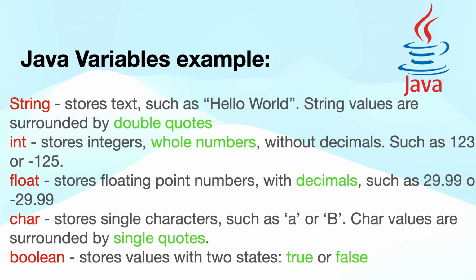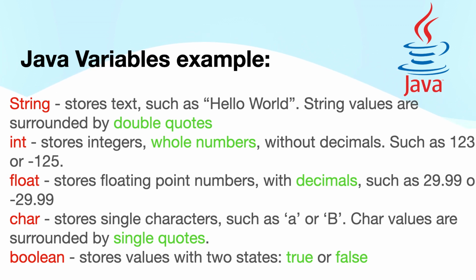String stores text, int stores integers like whole numbers, float stores floating point numbers with decimals, char stores a single character like a or b, and boolean stores two states, either true or false. Strings are surrounded by double quotes,